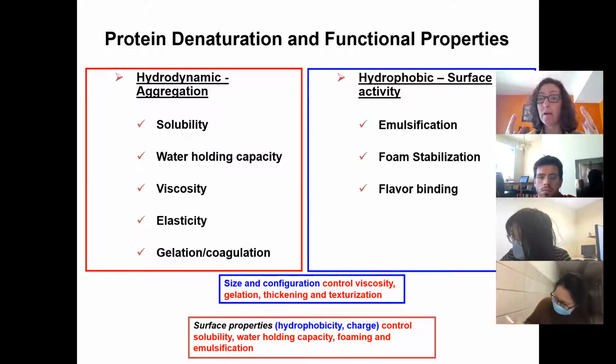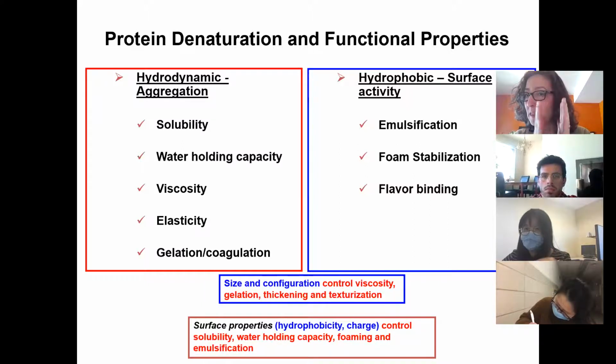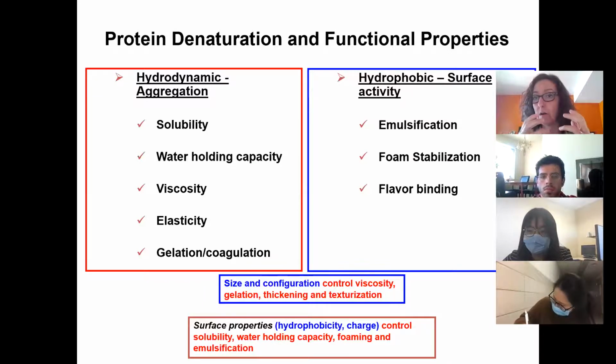So if you have very hydrophobic proteins and really high disulfide interchange, for example, then a low charge, you really form kind of an aggregate, rather thick gel, but not really an elastic gel or a gel that doesn't have grittiness in it. Foaming and emulsification, of course.